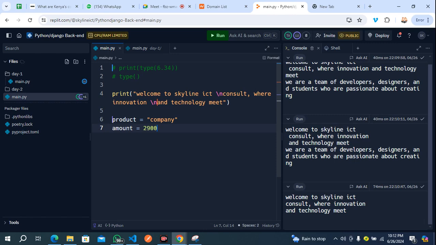So now remember, we have two types of objects. Now in Python, there is what we call concatenation. Concatenation is a process of combining two streams, different types of streams, together in order to have them as one. If I want to have this as one, let's say we say print